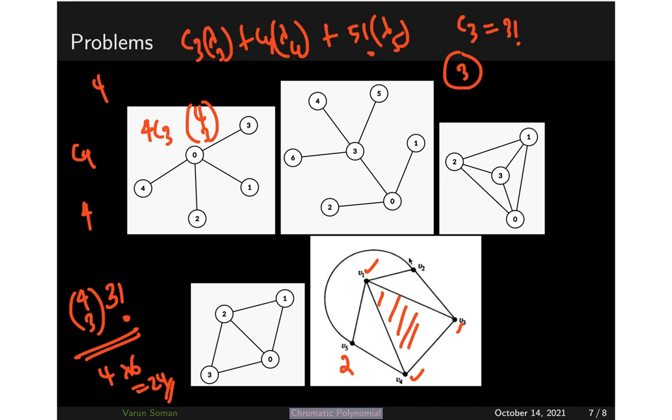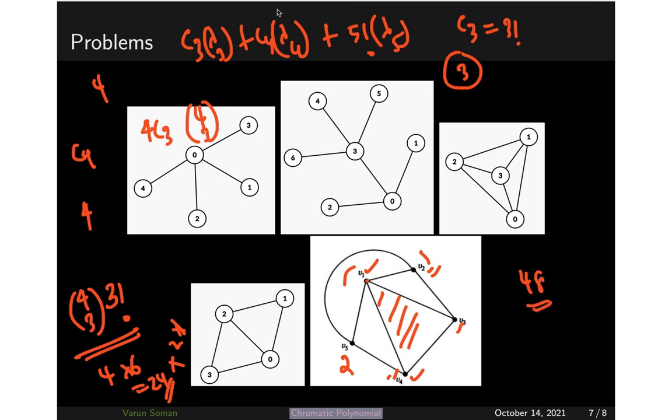Now how many options are available for this V2? For V2, you already know that this color, this color and this color cannot be used, because V5, V1 and V3 are all adjacent to this V2. So the only option available is this one color. Only one color option is available for V2. In totality, by product rule, for the triangle you have 24 options, into 2 options for this V5, into 1 option, so you will have 48 options.